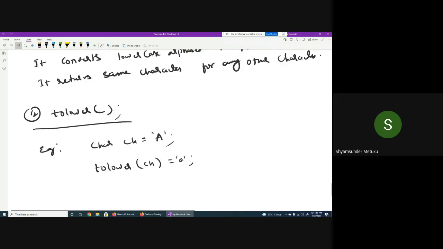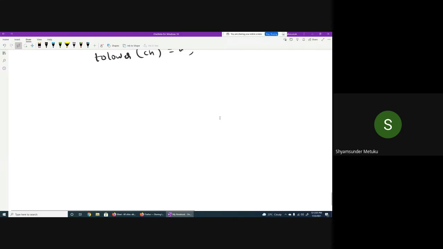Okay, I'm trying to give some homework. It's not an assignment, it's homework for all of you. First program: write a program to compare two strings. Next class, I want you to show it in your notes. I want you to switch on your videos and show your notes, okay? Second, write a program to test whether a string is a palindrome or not.